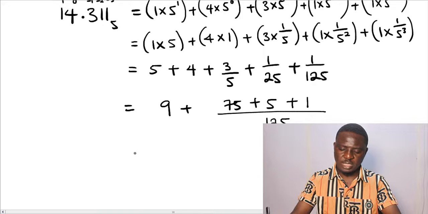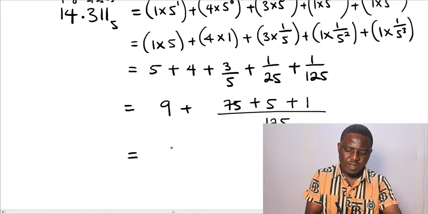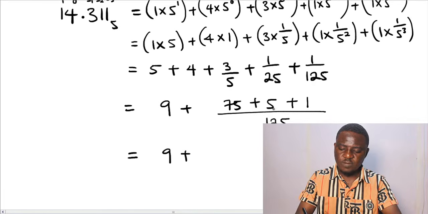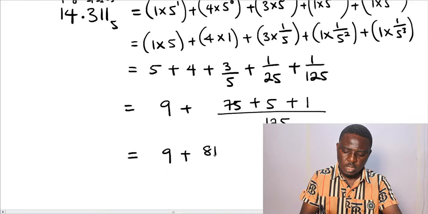I hope you are understanding. Let's simplify further. This becomes 9 plus 75 plus 5 is 80. 80 plus 1 gives you 81 divided by